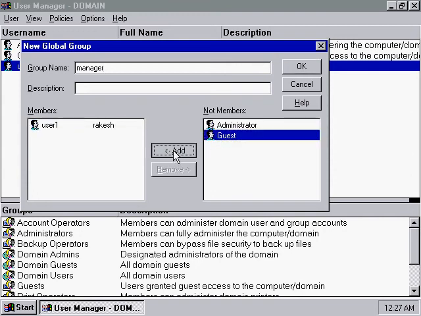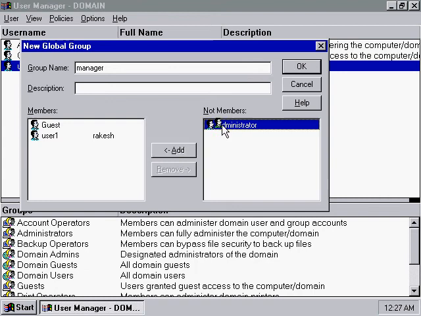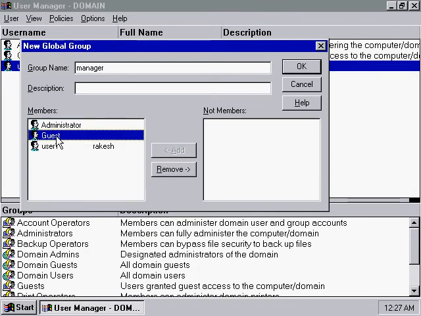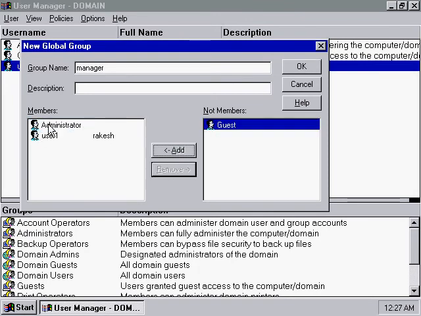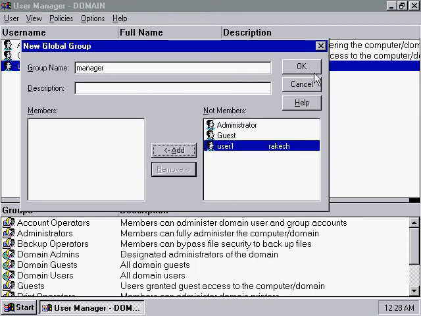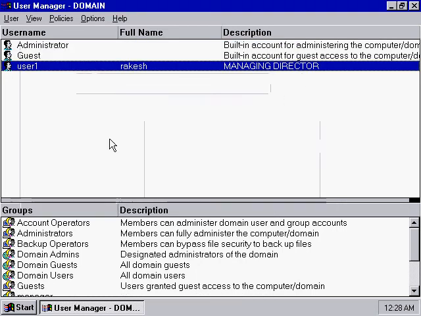Whatever user you have to add, you can select from the right side of the box and click add. To remove, you can select from the left side of the box and click remove. So manager doesn't have any user account in it.